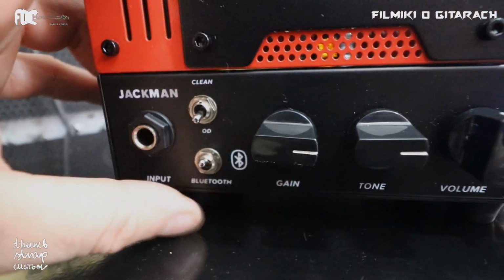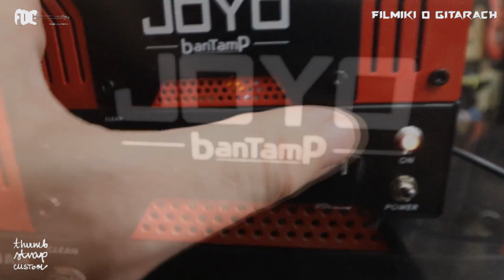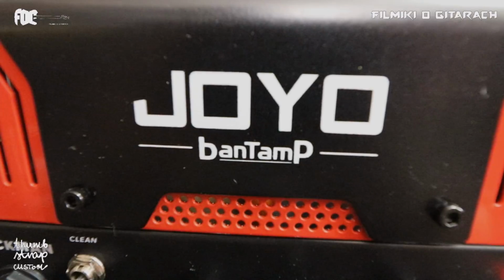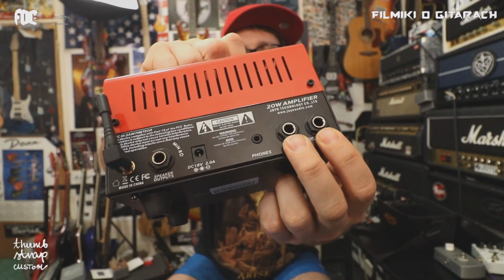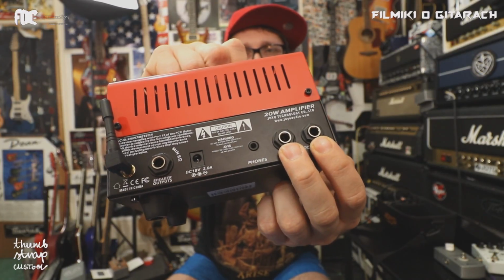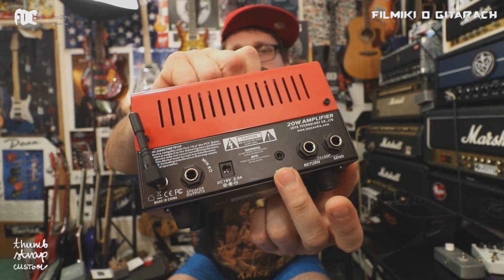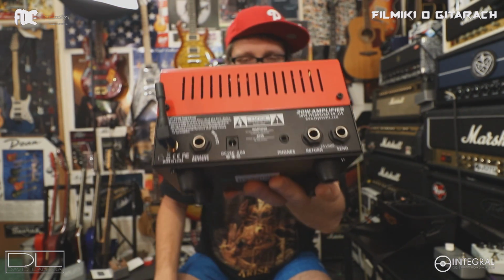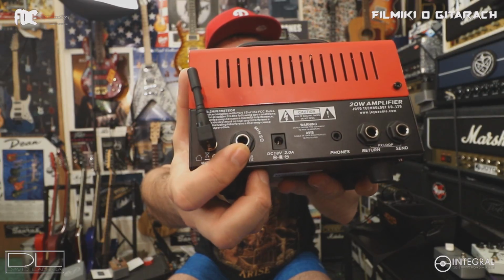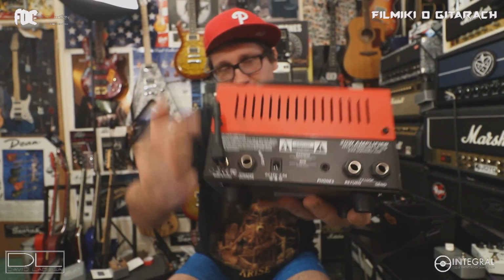The amplifier has many nice features. Of course, we get a clean channel and an overdrive channel. Then, which is very important, we got effect loops here, so you can connect your modulation, delay, and everything like that. You got a headphone output, so you can practice without the speaker on a home basis. Then you got the speaker, which is minimum 8 ohms, and then you got this beautiful antenna here, so you can receive BBC channels, and actually you can